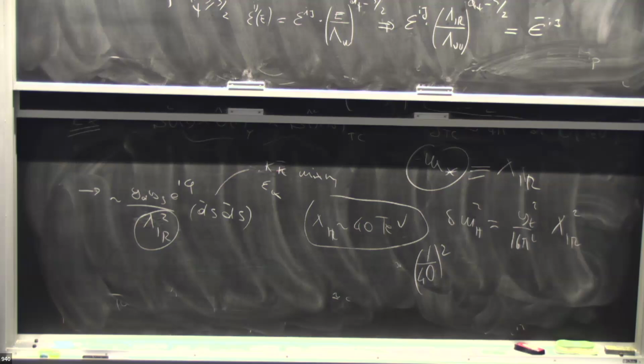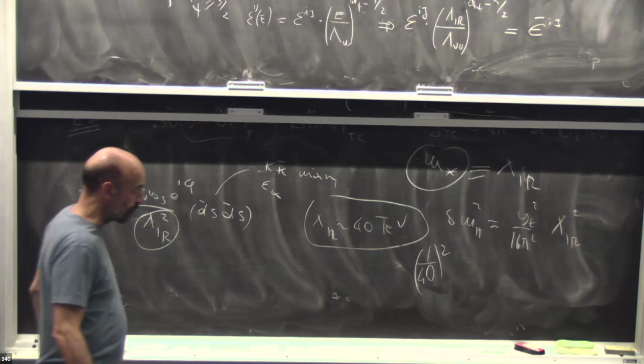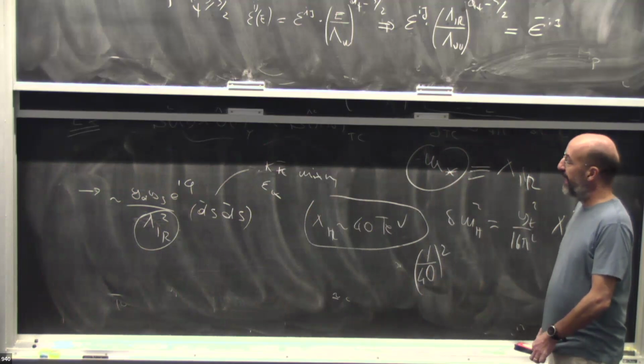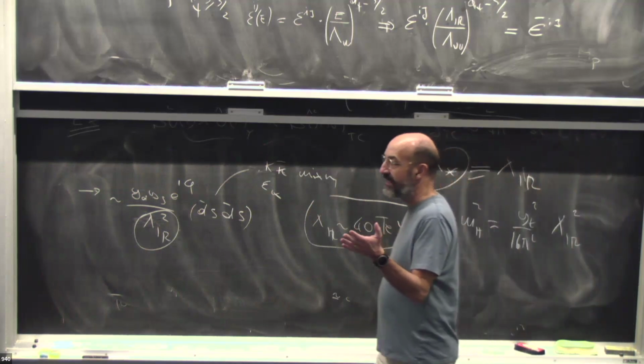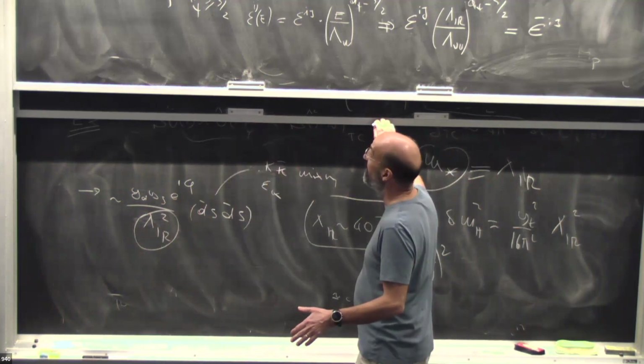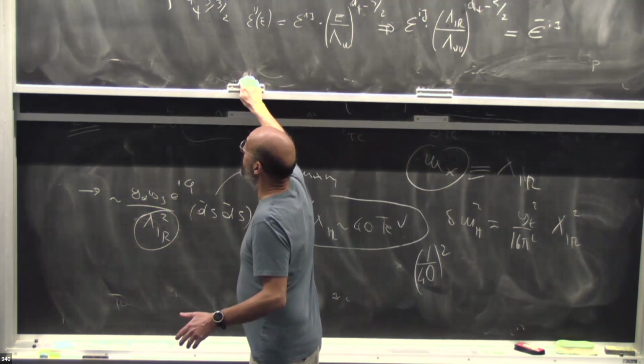Okay, but that's exactly my question. So you improve on the flavor problem by tuning, but in Technicolor you don't have even that option to tune. Yeah, exactly. So here you have the option to tune. So what I want to say, however, is that if you want to have the scale lower, now you have to start playing a game.